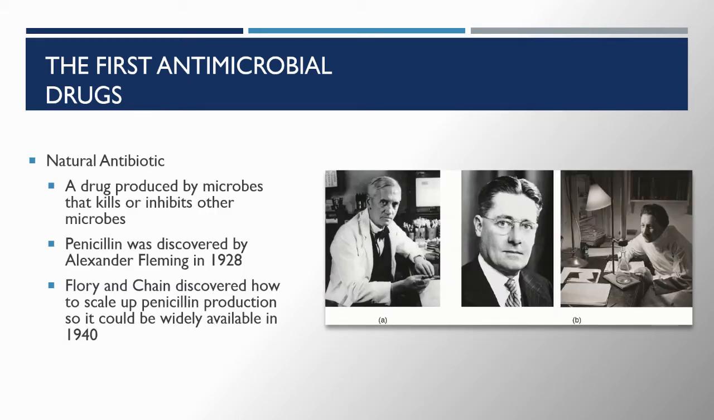So the first natural antibiotic. These are drugs that are produced by microbes, and they kill or inhibit other microbes. And Alexander Fleming is the researcher who is credited with discovering this. Florey and Chain, two other researchers, had also kind of discovered it about the same time, and they came up with a way that they could scale up the production of this